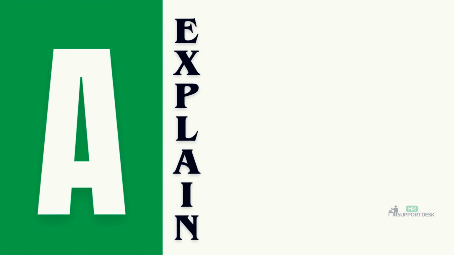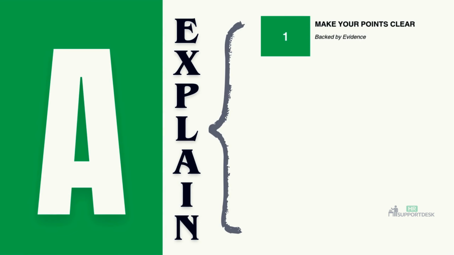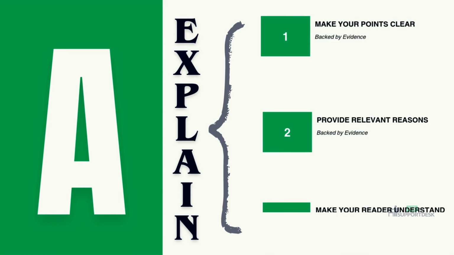Always remember, passing this assessment criterion is as easy as ABC. A. Apply the command verb explain. Remember that in an explanation, you are expected to make your points clear, provide relevant reasons and make your reader understand why. Therefore, avoid purely descriptive responses and lean towards explaining why people-professional communication matters, and hence why and how Monique can contribute valuable input in the discussion on how to improve people practices at Plyton.